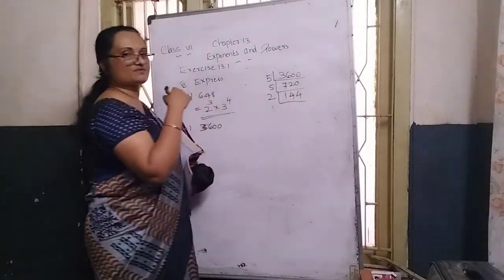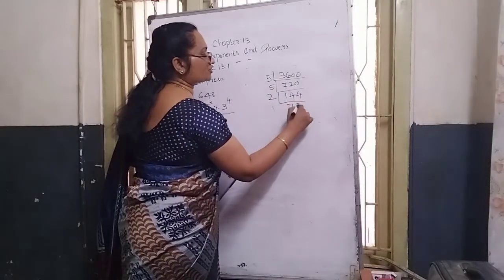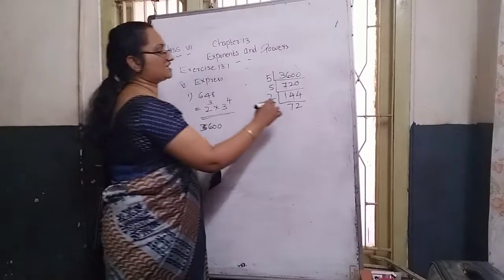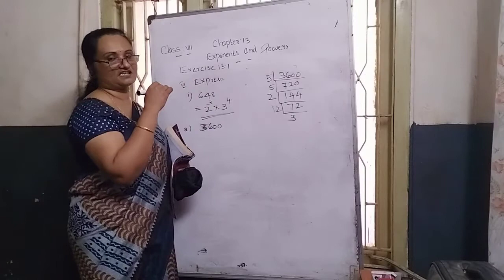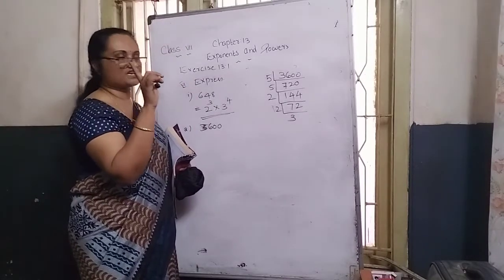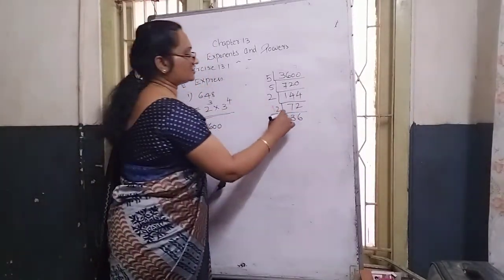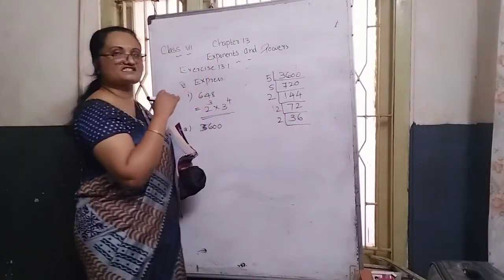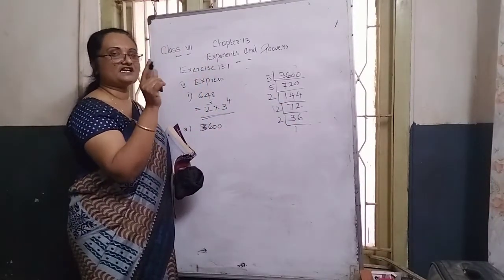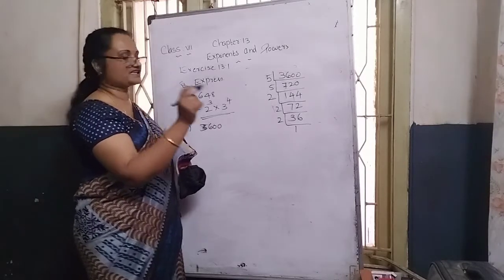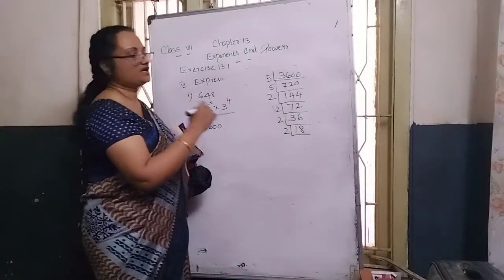Why? Because the unit place is 4. 4 is an even number. 14 means 7 times 2. 2 table 4, so 2 times. Again continue with the 2. 2 table 7 exactly not there, 3 times 6 is there. 7 and 6 subtraction, 1, and the next number joining, 12. 2 table 12, 6 times. Again continue with dividing by 2. The unit place is 6. 2 table 3, 1 time, 3 minus 2 remainder 1, and the next digit joining, 16. 2 table 16, 8 times. Again continue with the 2. 2 table 18.